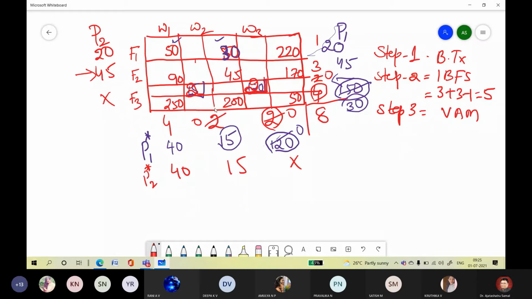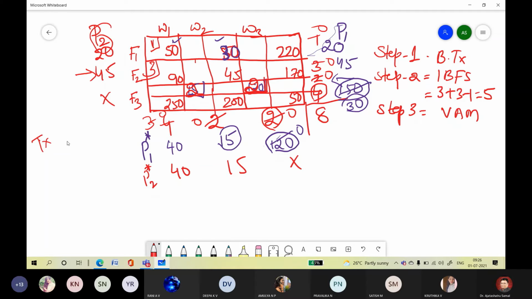Only the 2 columns are there. So last, this is dead. Only these 2 elements are remaining. So now 50 will operate. You cannot go for the second penalty cell. Why? Because the second column and third column are dead. Only the 50 and 90 remain. Now 50 here, 1 will come here. This will be 0. So this will be 3. So 3 will go. This will be 0, so this will be 0. Guys, now you tell me what is the total cost value.